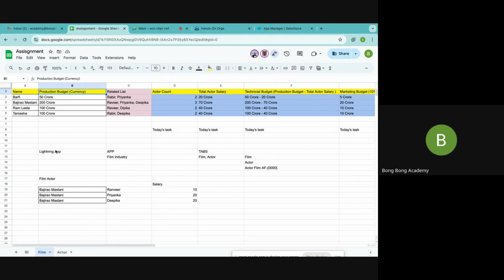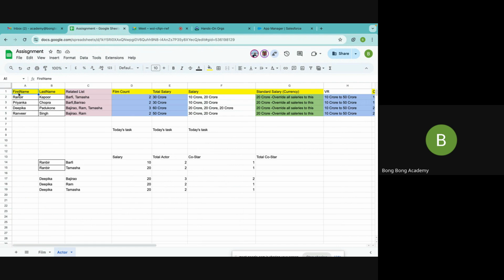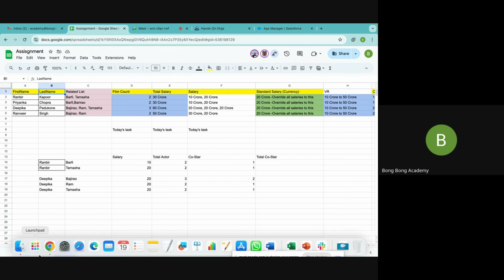Okay. In the actor object, you will create the first name, last name. Name field is already there, so you can modify the name field to first name or last name, whatever you want. The other field you have to create. Okay. So in the film,